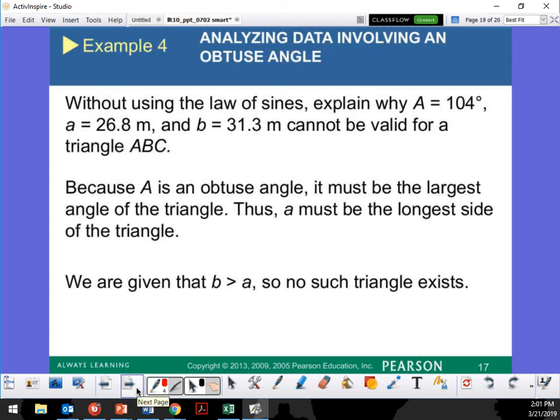Okay, so analyzing. This is the last one for today because I'm going to finish this up, and tomorrow we're going to have a homework day for this. Okay, you guys ready? So, this right here, without using law of sines, explain why angle A, little b cannot be valid for a triangle. Angle A is the biggest, right? Yeah. So if angle A is the biggest,